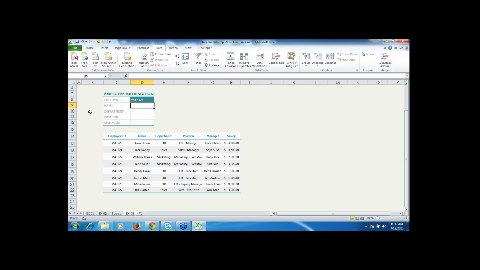So I am applying VLOOKUP. I'm assuming that you already know, but I'll explain a bit. So equals VLOOKUP. Now, what is the lookup value? Lookup value is going to be this employee ID, which we need to match with the rest of the database over here. So lookup value, comma, table array. This lookup value I need to find or match in which table, which is this one. So this is going to be our table array,